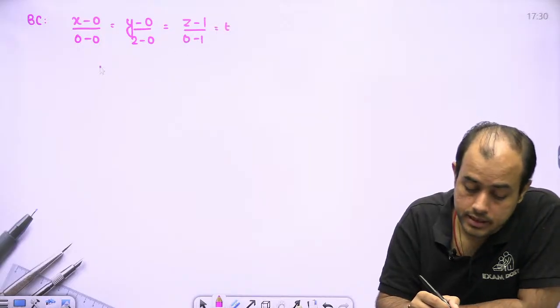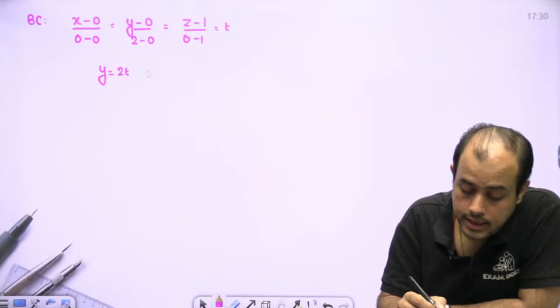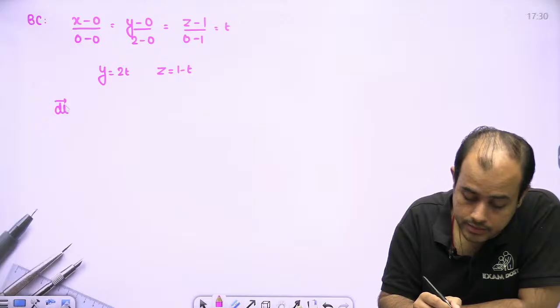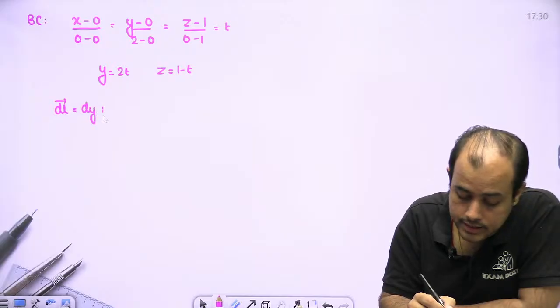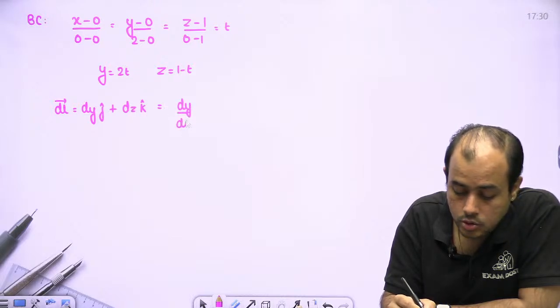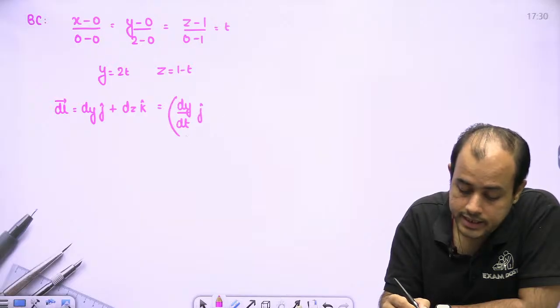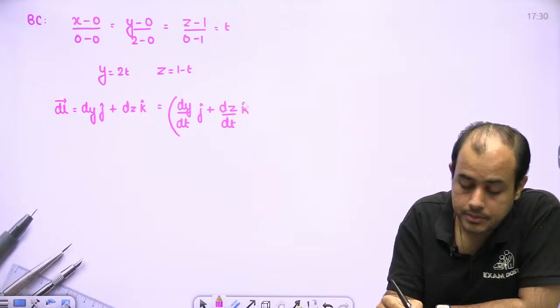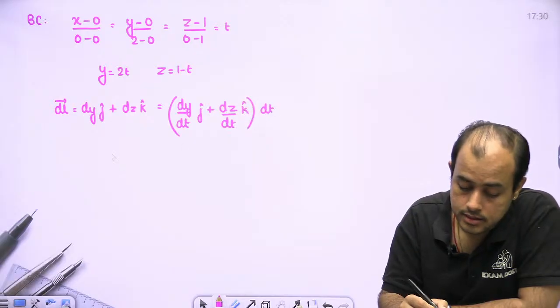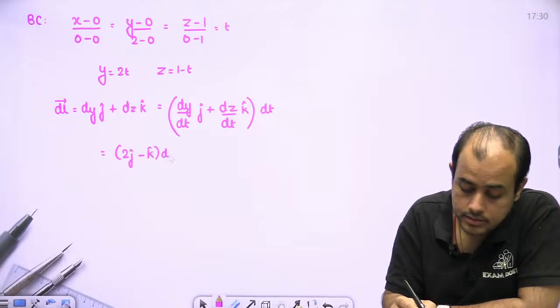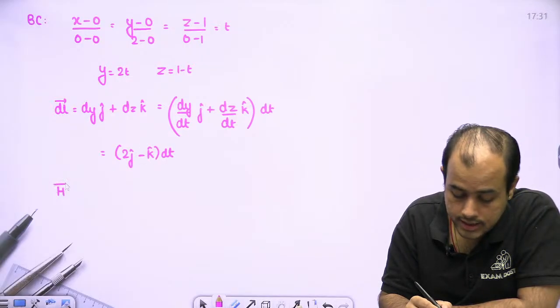So y will be 2t and z will be 1 minus t. Now dl will be dy j cap plus dz k cap. Only y and z coordinates are changing. You can write like this: dy by dt j cap, dz by dt k cap, dt. 2j minus k dt. So H dot dl will be,